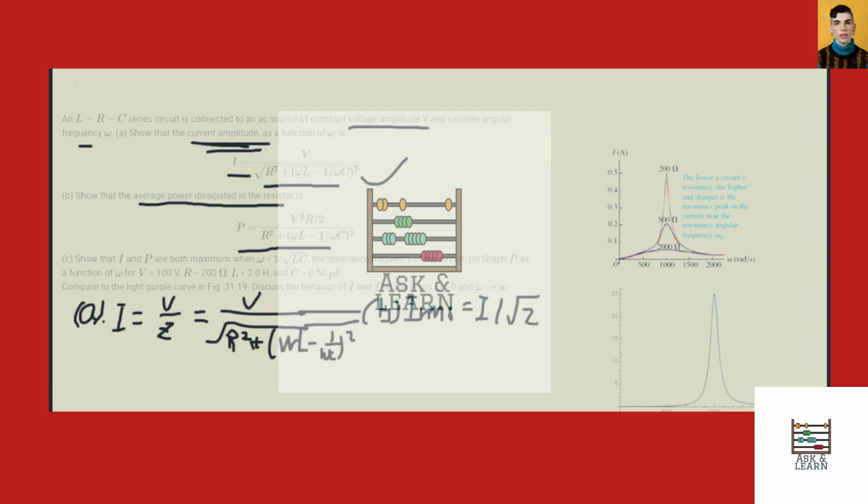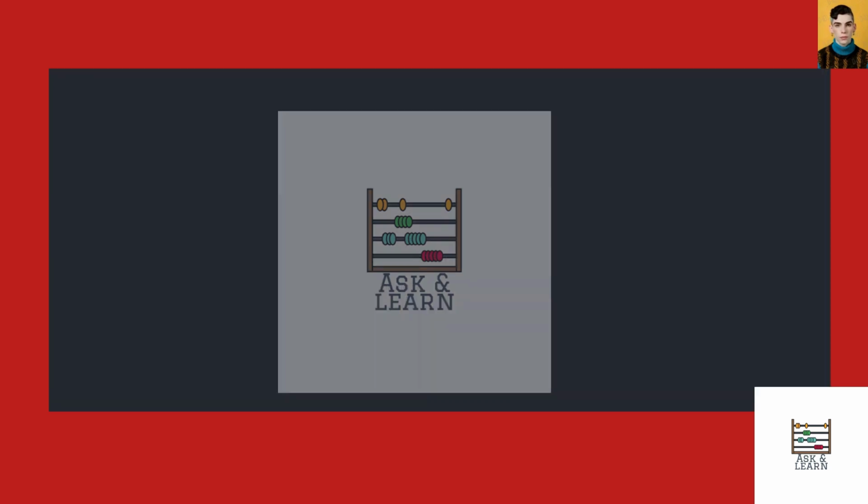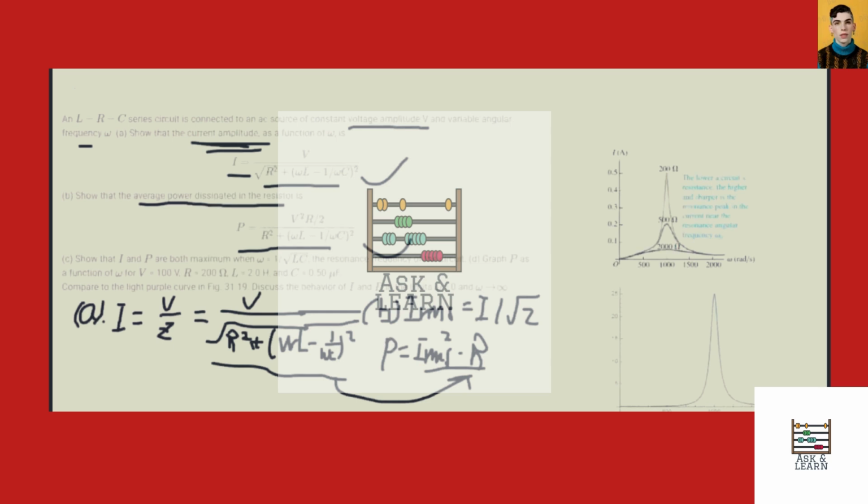Okay. Then the power dissipated on the resistor is P average equal to I RMS squared times R. So this is the average power dissipated on the resistor. And if you plug this formula into here, you will get the exact formula shown here. And for part C,